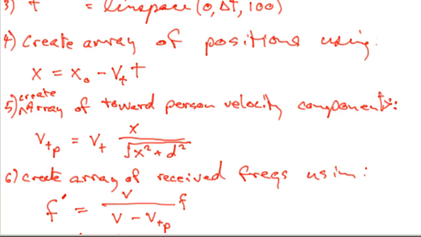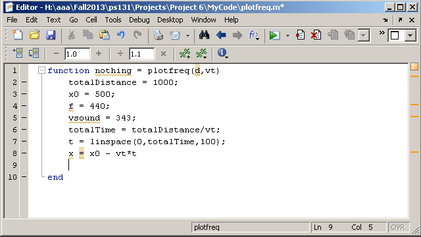V toward, I think I'll call it. V toward the person, the component of the velocity toward the person, is equal to the velocity of the train times